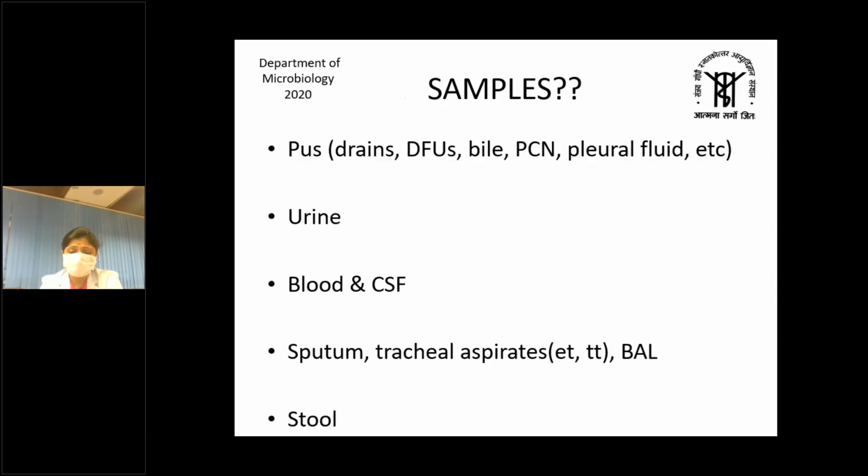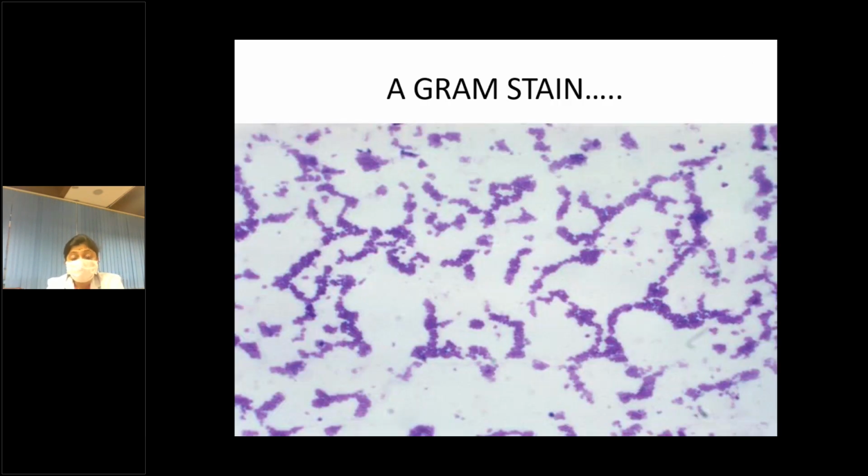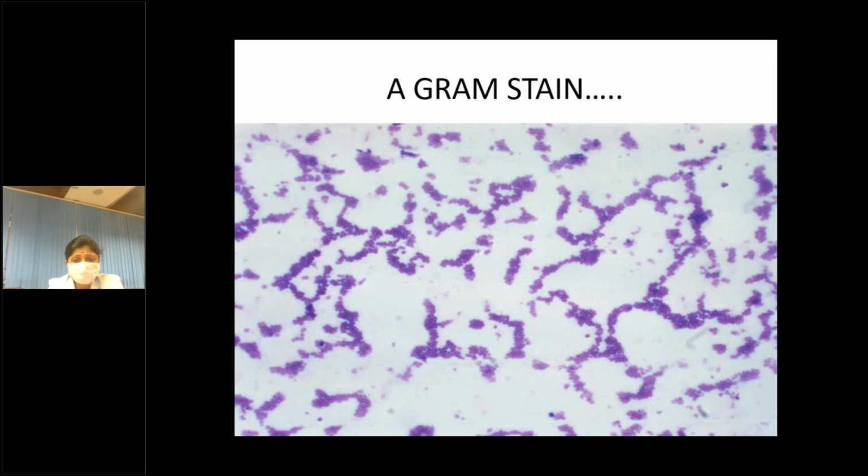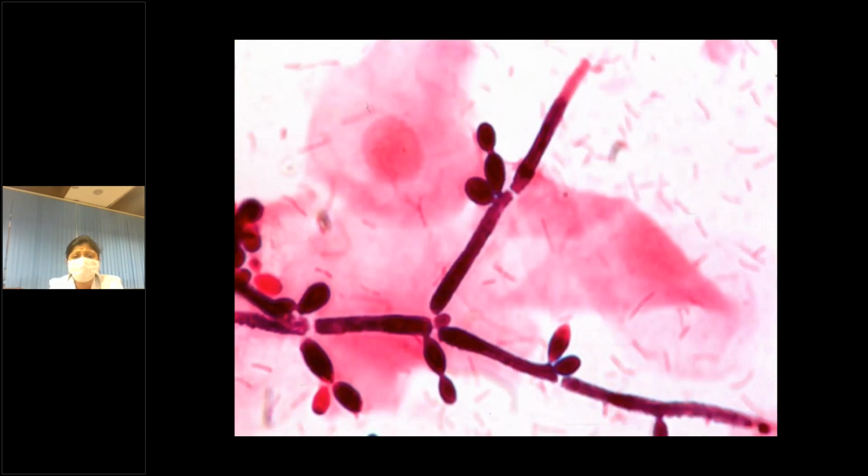Prior to a gram stain, even a wet mount can be performed on samples. So a KOH mount, for example, in the mycology lab is important. A urine wet mount by direct microscopy under a cover slip, with some amount of the sample, will give us an idea regarding the presence of pus cells and the possibility of infection. So microscopy, either by a wet mount or a stained method, will give us an idea about the quality of the specimen as well as the presence of infection, whether in terms of pus cells or pathogens.